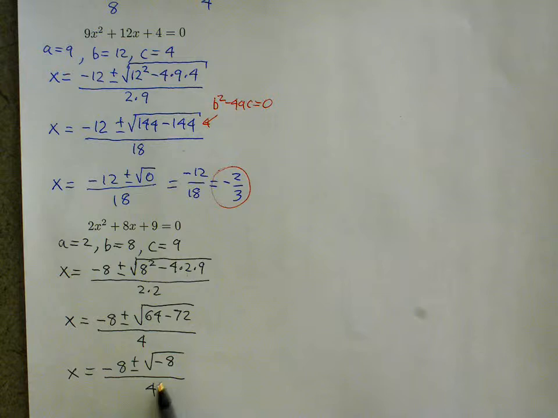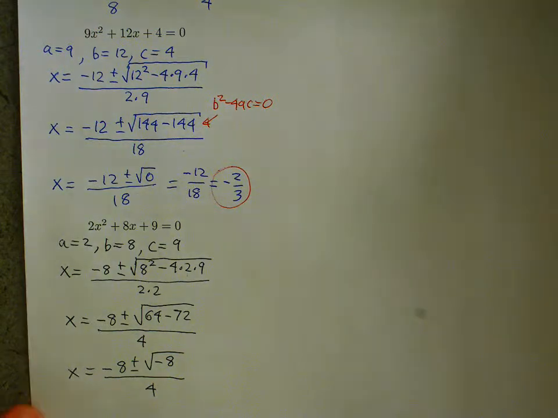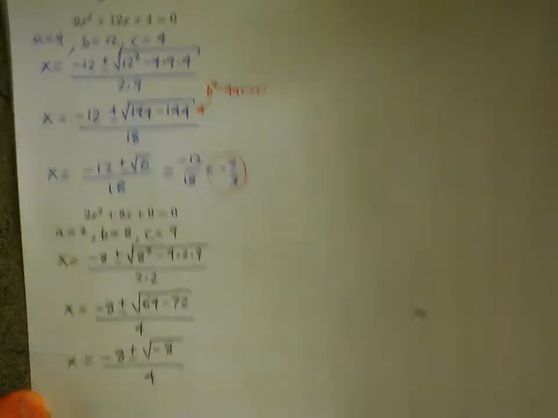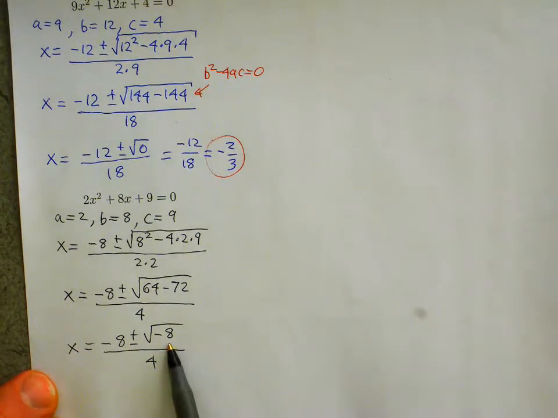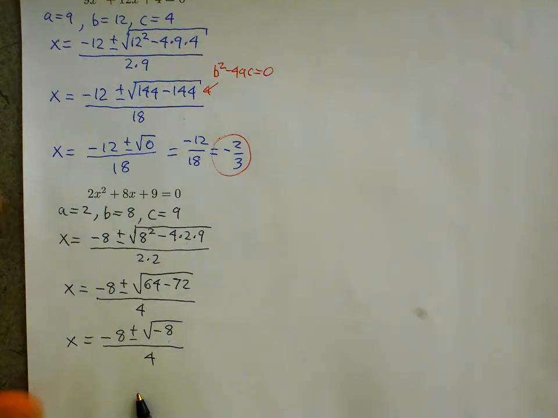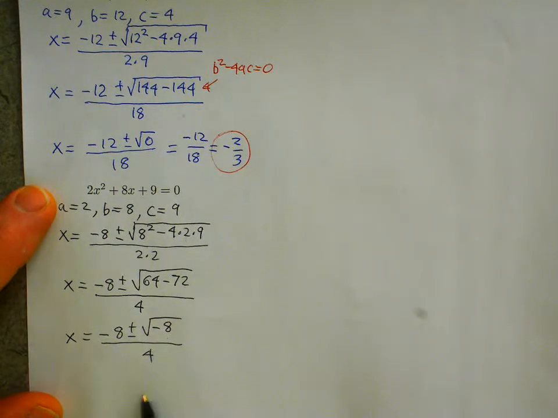So we need to simplify a little further. The square root of negative 8 is the square root of 8 times the square root of negative 1. And then we're going to simplify the square root of 8. And